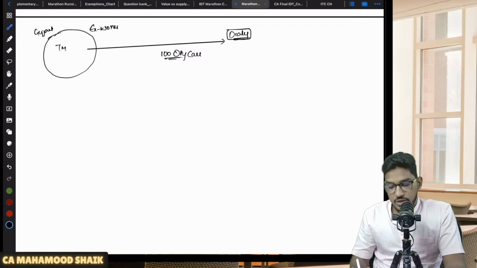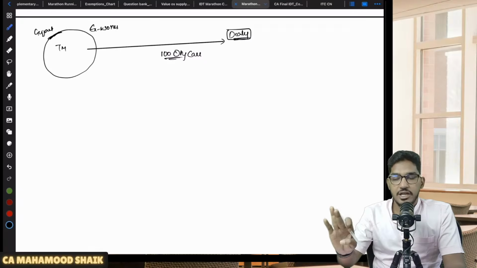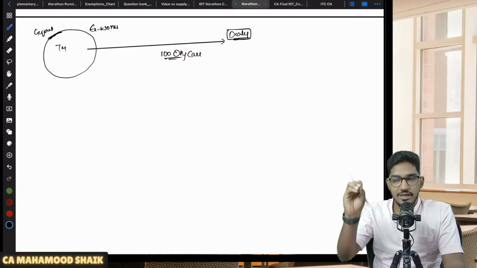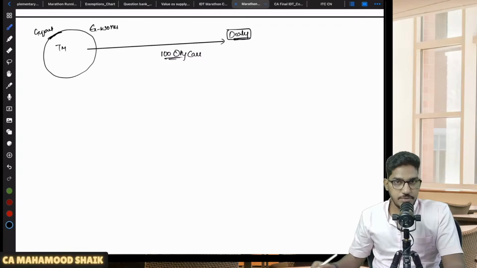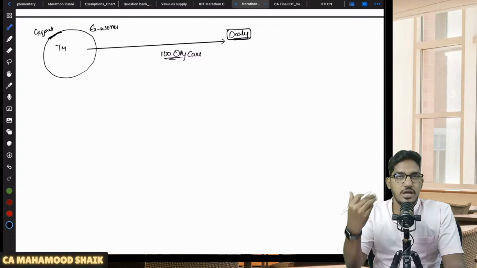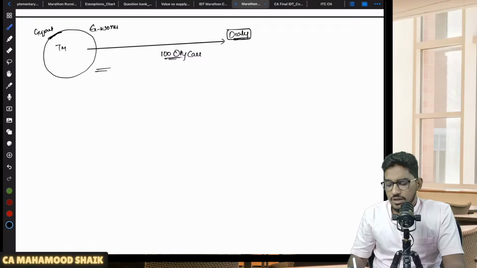So Tata Motors says, okay, we will deliver 100 cars to you, but our responsibility will end at the factory gate. We will make the goods available at the factory gate itself. From the factory gate, you have to arrange for your transportation. So now what happened is, this dealer has booked one truck. Now the truck has gone to the Tata Motors gate, and all the vehicles are loaded in that truck.